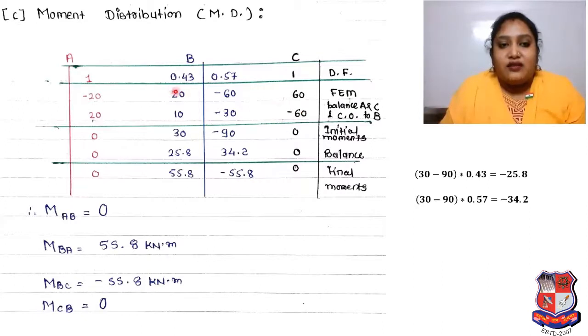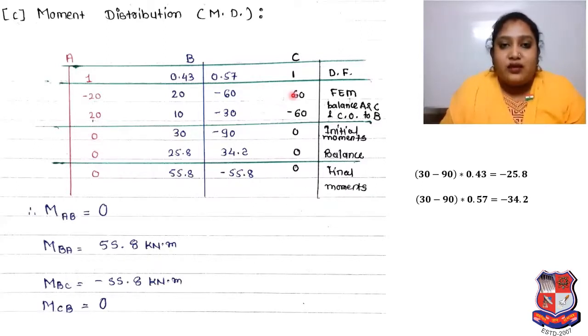Okay, here the matter is that different moments can't be at one joint. There is a similar type of moment, but the value is different, which means we have to do some calculation to balance the moment. But here we can say that a simply supported beam was there, right? So here minus 20 moment is there, so we put a positive 20, minus 20 plus 20, so it will be 0. So as per the rule, for a simply supported beam the end moment will be 0.